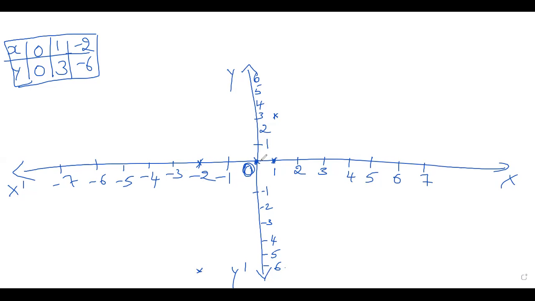We have 3 points here. 1, 2, and 3. Okay, by using a scale all of you draw a straight line, join all the points, children, so that you will get a straight line. Already I had told you for linear equations you will get a straight line. So now mark the points. This first one is 0, 0, and this is 1, 3 and -2, -6. Okay, this is your graph, children, for the equation y is equal to 3x.